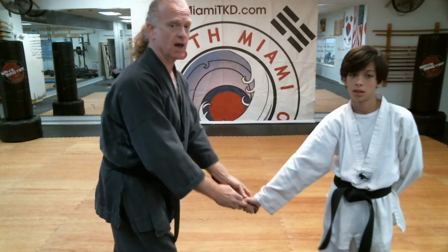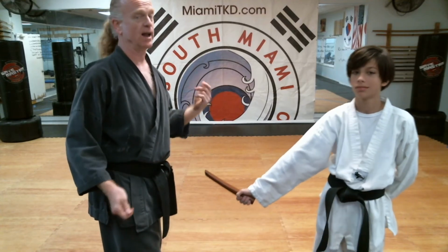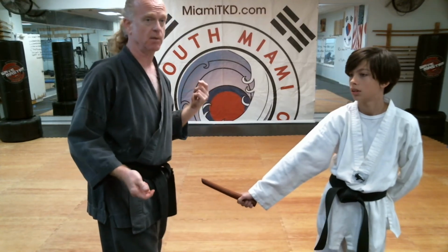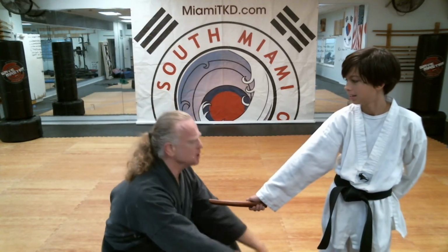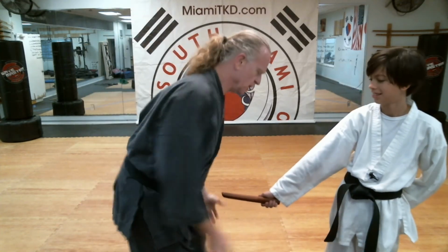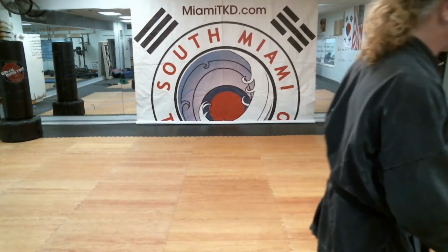If he's down here like this, and a lot of gangbangers will come right after your privates or threaten your privates because they feel like that's intimidating, which I guess it would be. In that case, you don't get down here and go, okay, let me get it. You just adjust your grip right there, like that. You just come from the top instead of from the bottom. The principle works the same. For that matter,